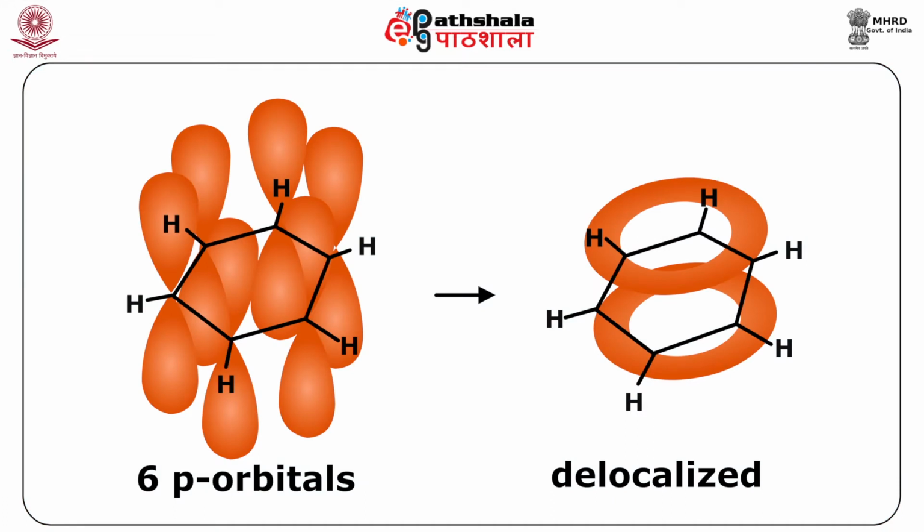Now you can see here we have displayed the concentration of charges, how it is done in aromatics, that is above the plane of the ring and below the plane of the ring, and how the charge is delocalized over all the carbon atoms which are sp2 hybridized. So this is the feature of benzene which makes it susceptible to electrophilic aromatic substitution reactions.